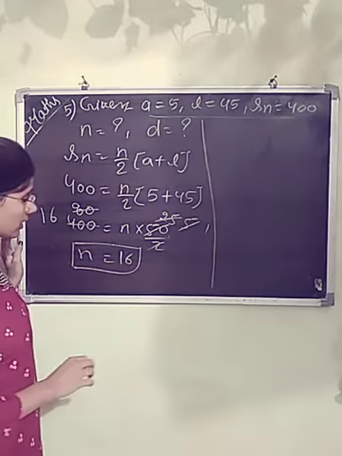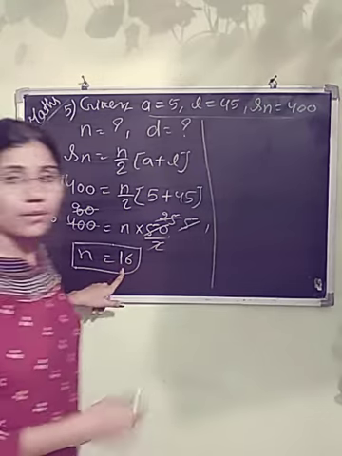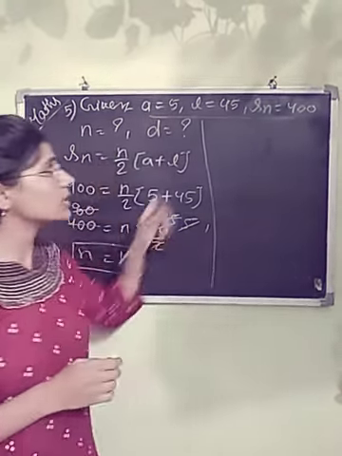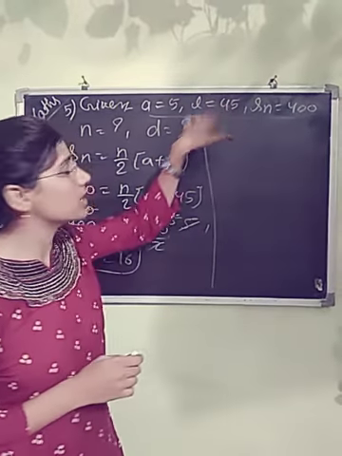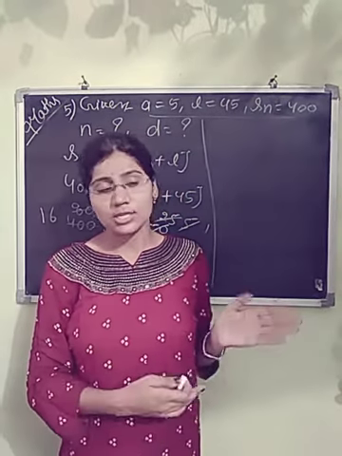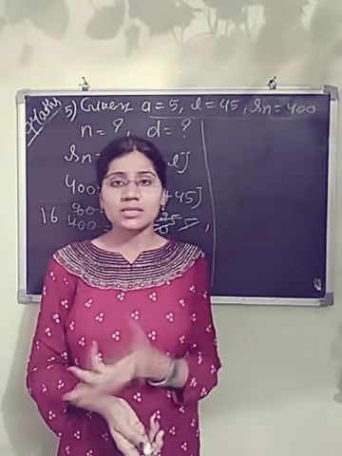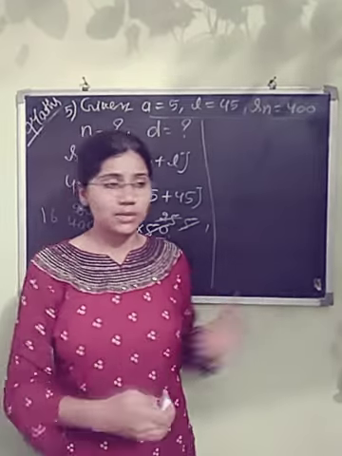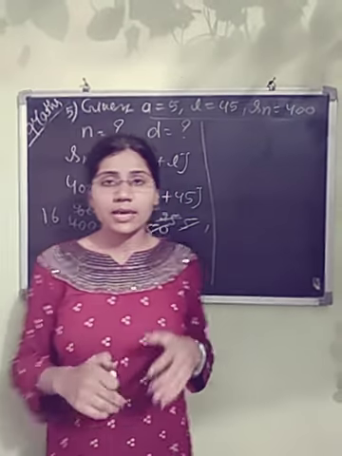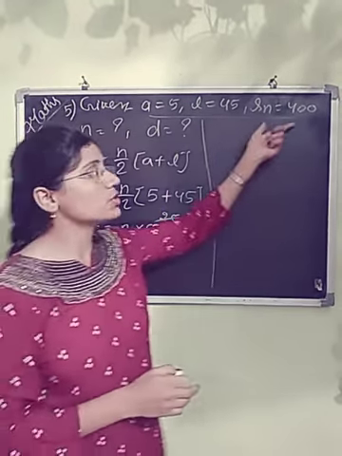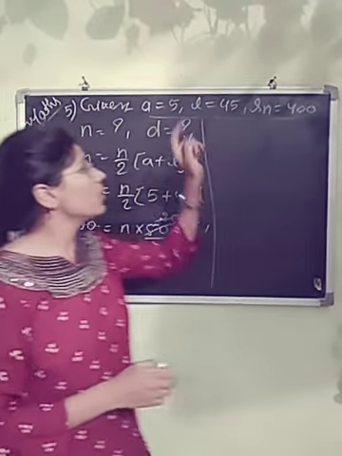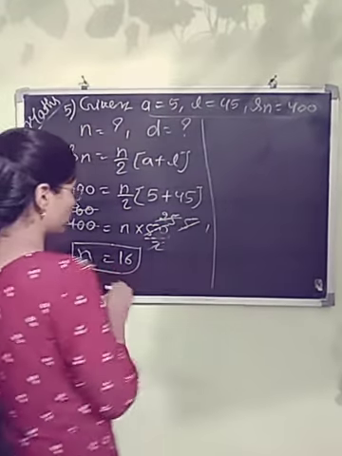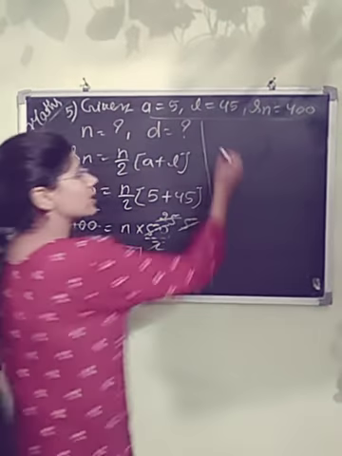Now the next thing is the 16th term. Fine, so here you can use two concepts. First is the concept of Sn, and second is the concept of An or the last term. As An could be the last term, or could not be the last term. So here we will take An as the last term, as the last term is already given. In this case, you can use the first formula of sum, or you can use the nth term of an AP. Okay, I'm using the nth term of an AP as we know total 16 terms are there.